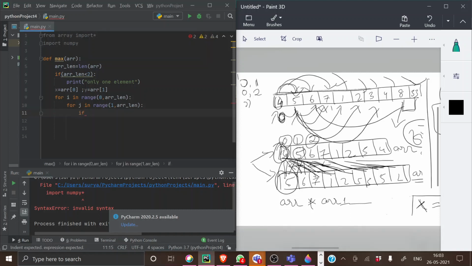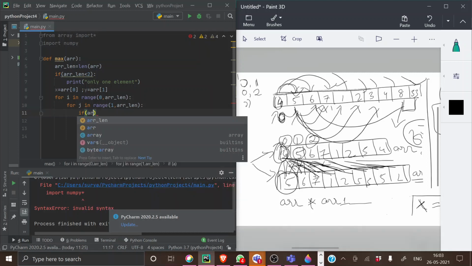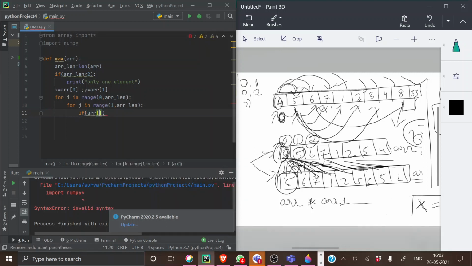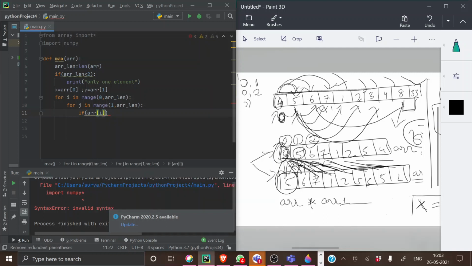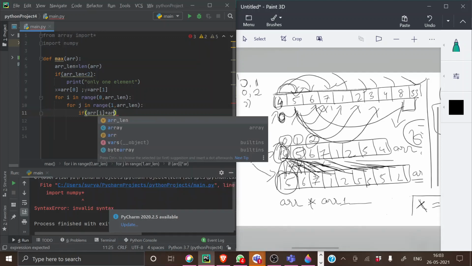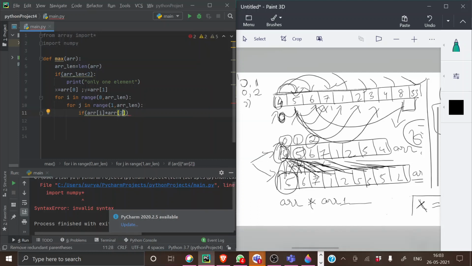If array i, in the sense array from the first loop, when we multiply this with the array from the second loop, this should be lesser than the value which we got in the beginning.